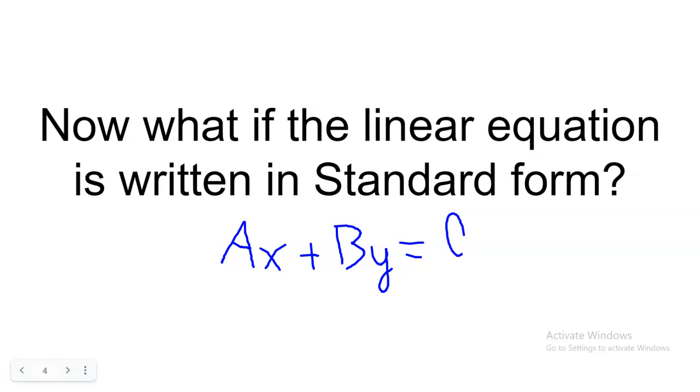So what we're going to be doing is looking at linear equations in standard form and graphing them by using their x and y intercepts. Because if we know where it crosses the x-axis and the y-axis, then we can draw the line. Okay, so now we're going to look at how we can find the x and y intercepts. So this first one right here,